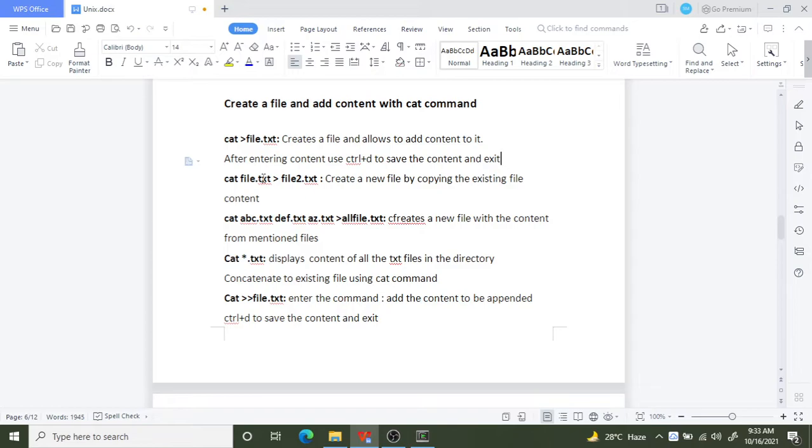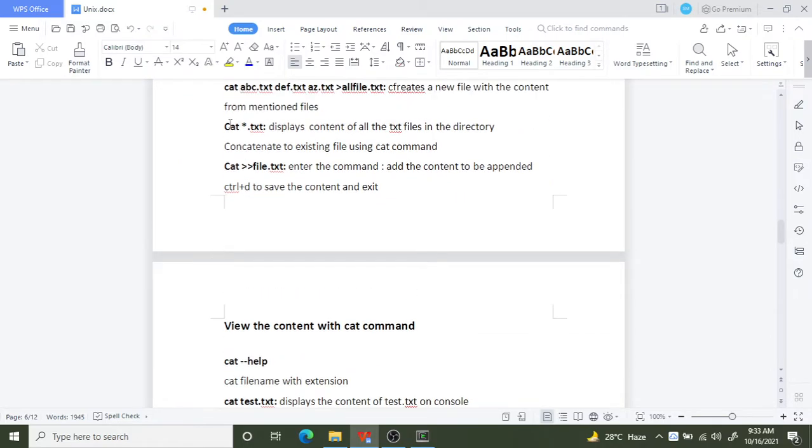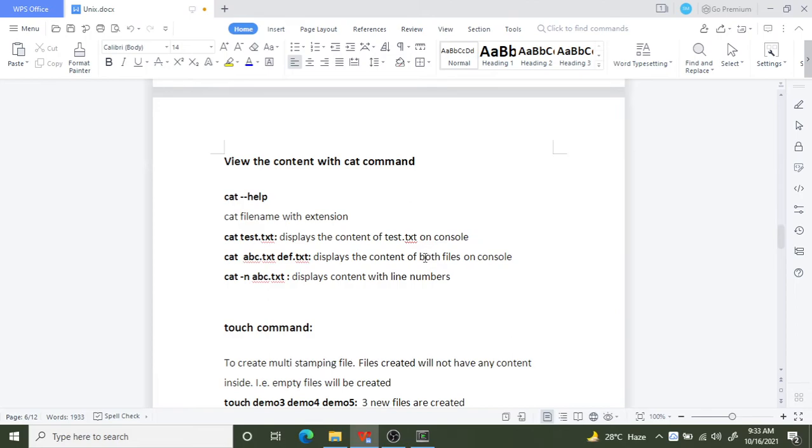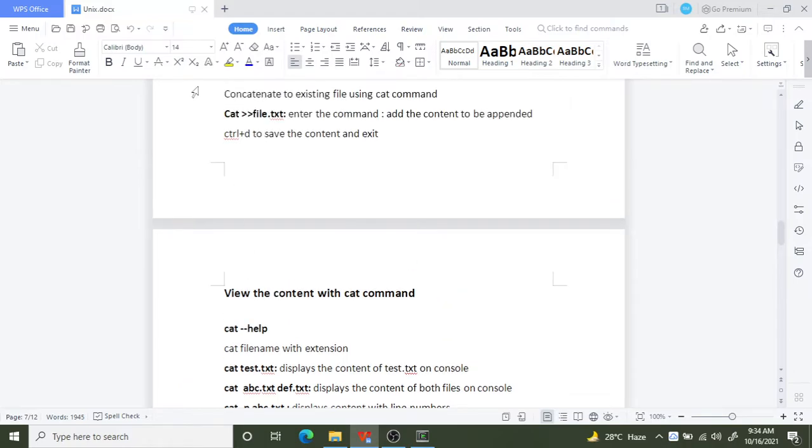Okay, so now displaying. So now let's see, concatenate.